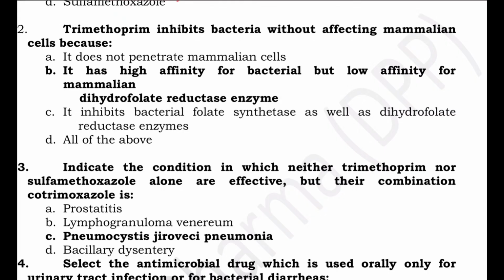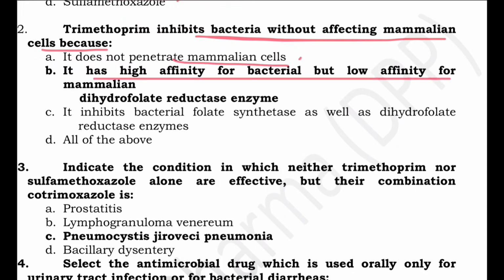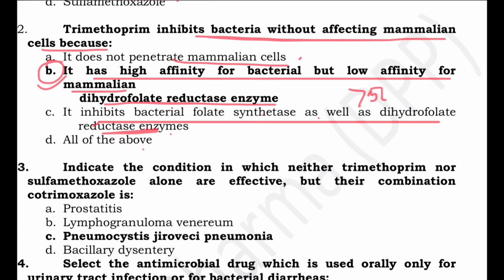Trimethoprim inhibits bacteria without affecting the mammalian cells because? What is the reason it inhibits bacteria without affecting mammalian cells? It does not penetrate mammalian cells. No, it has high affinity for bacterial and low affinity for mammalian dihydrofolate reductase. It inhibits bacterial folate synthetase as well as dihydrofolate reductase, and all of the above. So here the correct answer is this. It has more than 50,000 times higher affinity